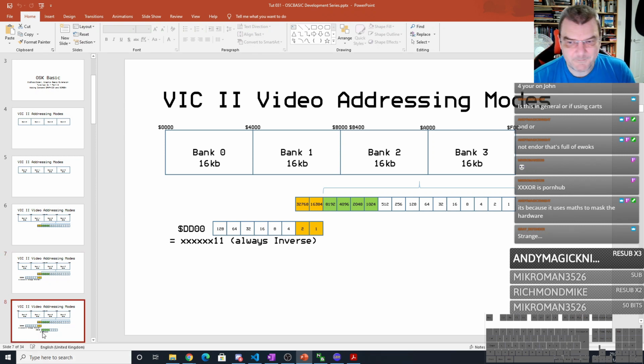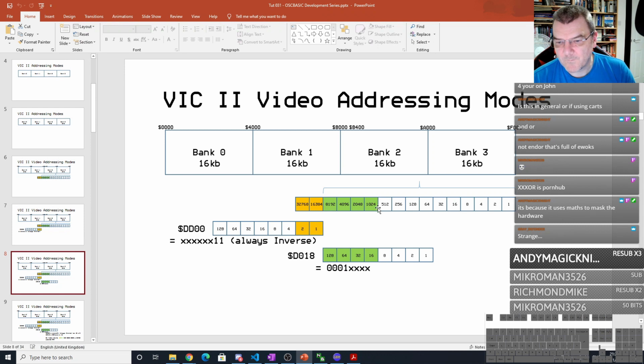The next thing is the next 4 bits. Now these 4 bits are governed by the VIC chip itself, which is D018. Now these are not inverted. Let me just stress that: these are not inverted. So you are now addressing the K